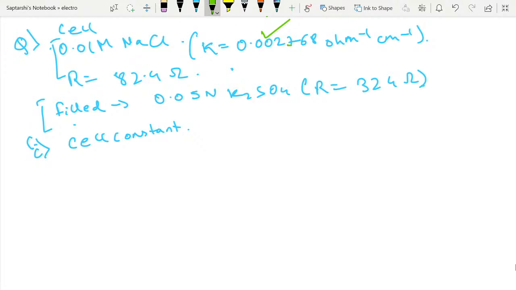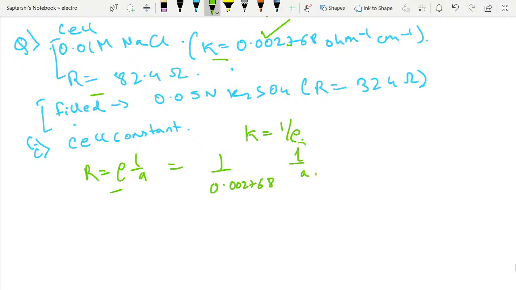Okay, so we have the equation, we have the knowledge. We have kappa, we have R. So let us try to do this. R we know is rho L by A, where rho is resistivity, and our kappa is 1 by rho, right? Conductivity is 1 by resistivity. So if kappa is this, rho will be 1 by 0.002768. Cell constant is L by A. So we need to find this out. We know R. R is what? 82.4. So our answer, L by A, will be equal to